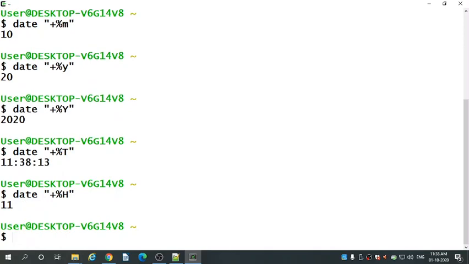Capital H will show you only the hours. Capital M will tell you about the minutes. Then S. Now the current time is 57 seconds. It is different because time is running, so the seconds get changed here.